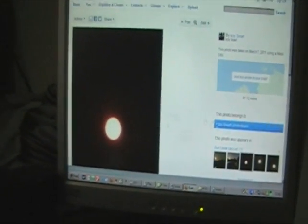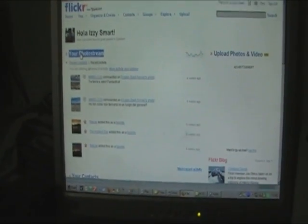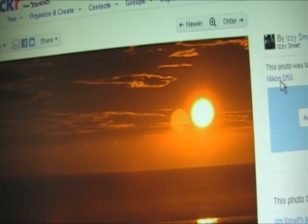let's go back to my photo stream when it eventually gets there. I took pictures in Blackpool. Here, as you can see, there's the sun and there's a ghost image. Now at first you think, well, that's a bit strange, maybe there's two suns in the sky, because it looks like, what's his face, doesn't it? It looks like China. So if I go into the EXIF files on that,